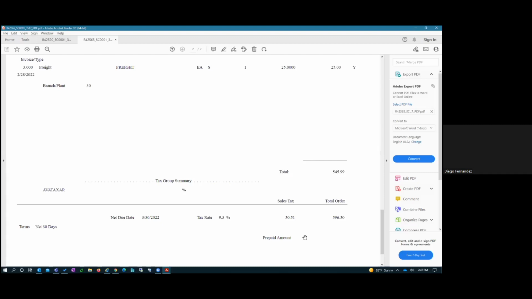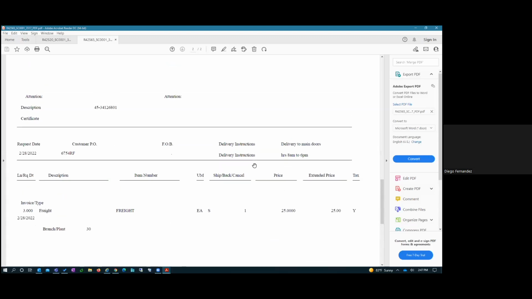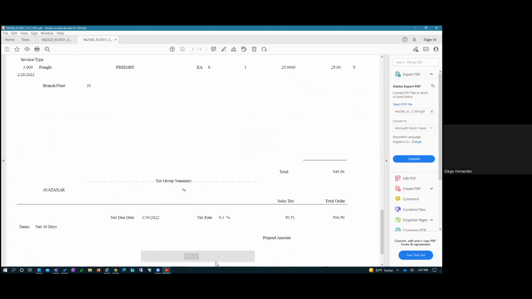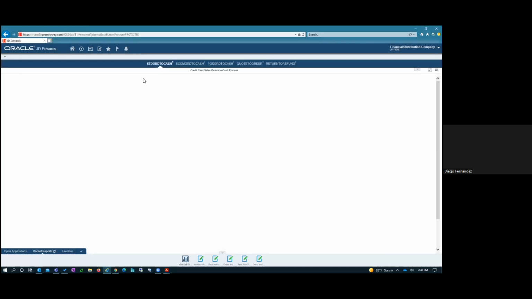Is it non-taxable? We pass all of the information in, like I said earlier: the actual address where it's being originated from, the destination address, all of the product lines, and all of the information related to the order so that Avalara can accurately calculate the exact amount and return that for presentation purposes and recording purposes into your JD Edwards. So now that we've run our pick slips and we've run our invoice print